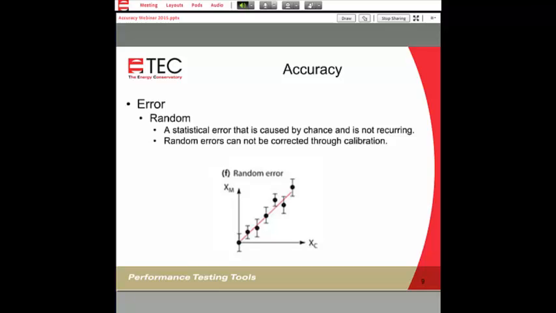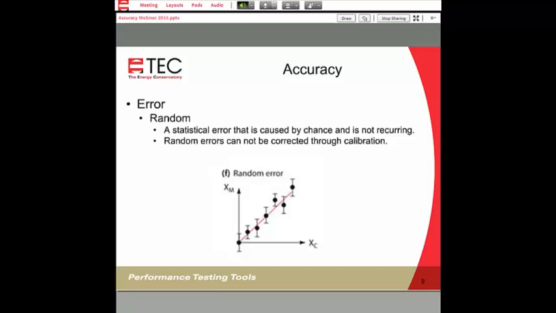So you can see from the graph that given this plot of values and this 45-degree axis, you see values that are both above and below the line, some are on it, and when you see this kind of thing over time, given a situation where everything is controlled, then there's something going on with the errors that you're seeing that really can't be calibrated out. They can't be corrected for.